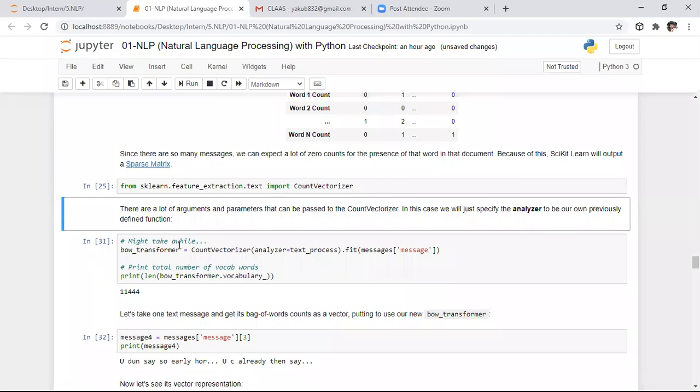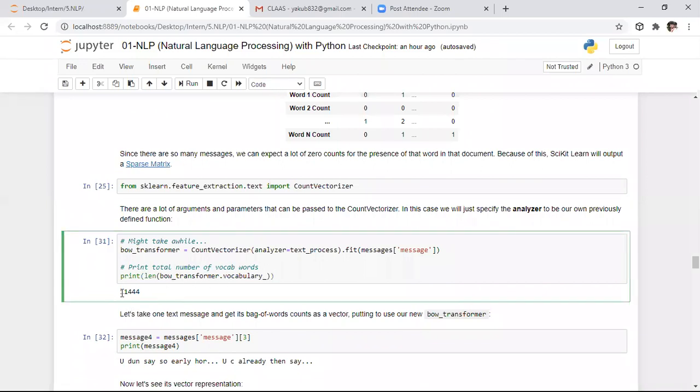In the bow transformer, we have all the messages information, which we already fitted to the count vectorizer. After that, bow transformer dot vocabulary. Based on the English vocabulary, it will form 11,444 vectors. So we have these many unique words in all the messages.